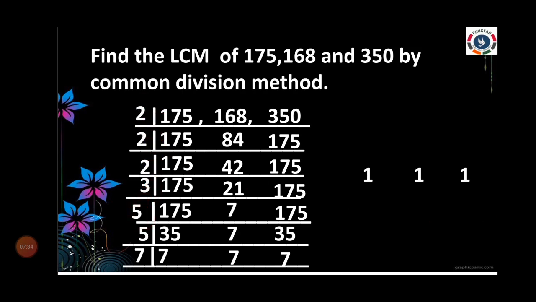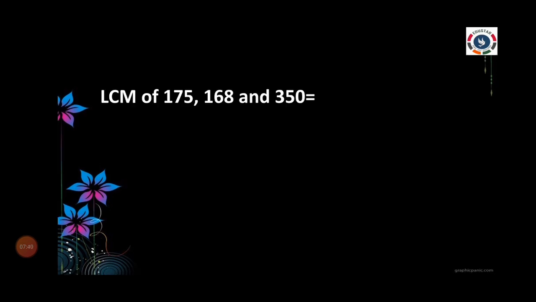So we want to take all those factors and multiply their values. See the next one. LCM of 175, 168 and 330 is equal to 2 into 2 into 2 into 3 into 5 into 5 into 7. First, we want to multiply all those values. So, I am going to explain a simple trick to multiply the values. Here, 2 and 1 more 5. If you multiply 2 and 5, we will get 10. So first we are going to multiply this 2 and 5.